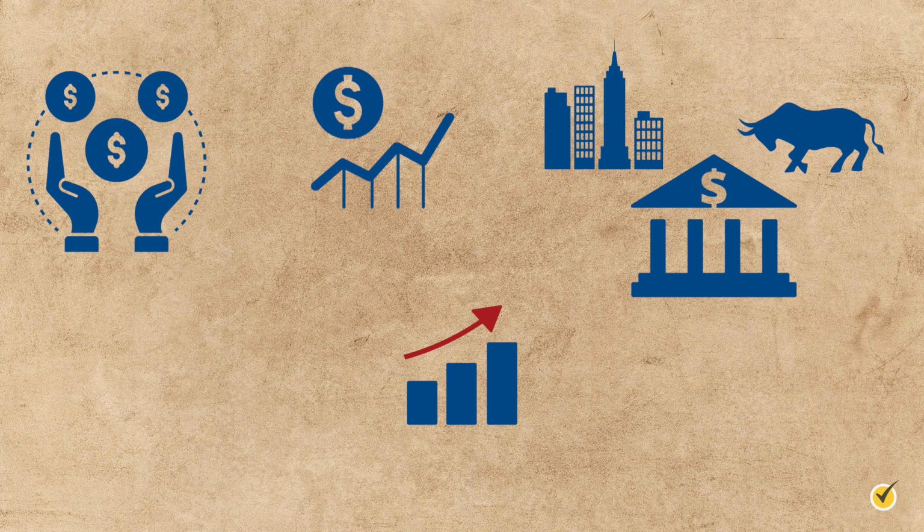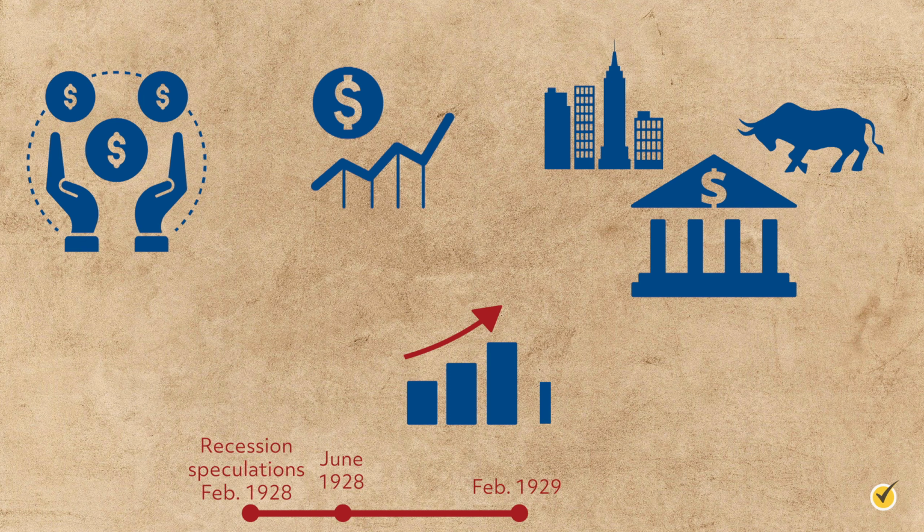Of course, this growth was completely unsustainable, and some experts warned of a major recession to come as early as February 1928, but the speculation only increased and reached feverish levels by the summer. Short downturns in June 1928 and February 1929 led to greater growth, and it was widely believed that any recession would be short-lived and would lead to even greater returns. Believing that the experts were crying wolf, Americans poured millions into the stock market.